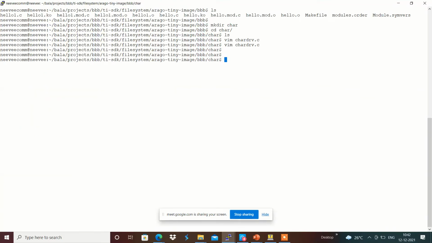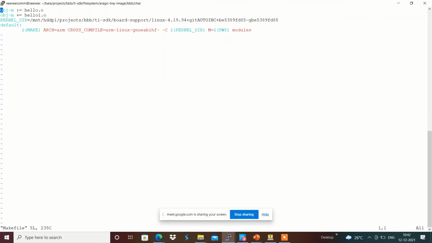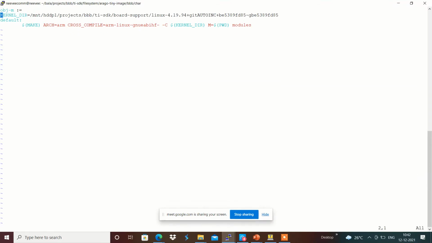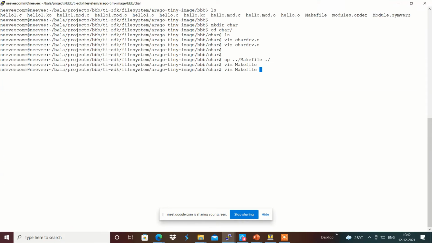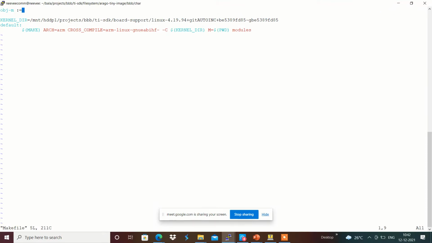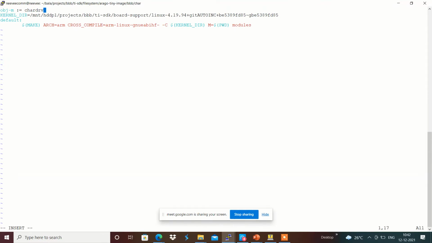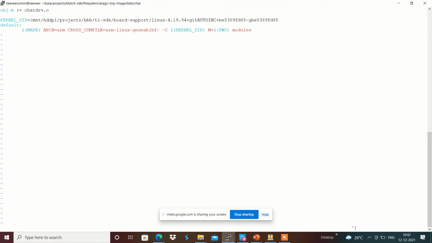I'm going to build this with the makefile. I'm going to copy the makefile from here to locally here, and vim makefile. I'm going to set the object module to chr_dev_char_drv.o over here.